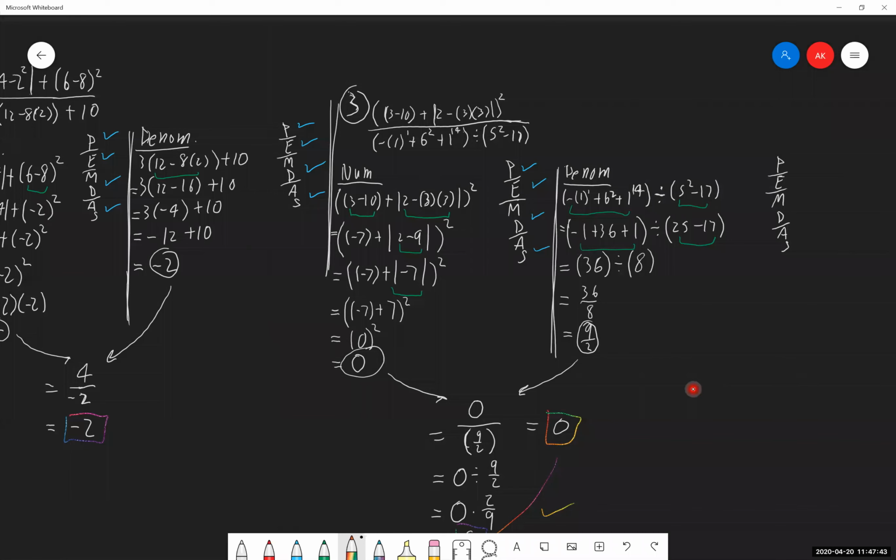I am not expecting you guys to be able to do all of this at once or in, let's say, 2 or 3 lines of work. It takes a lot. There's a lot going on here. So please cut yourself some slack if you're going through this and it's taking you a decent amount of time to go through one of these things. That's exactly why I assigned them, to force you guys to have to maybe take a bit more time to go through these and slow down in your process.